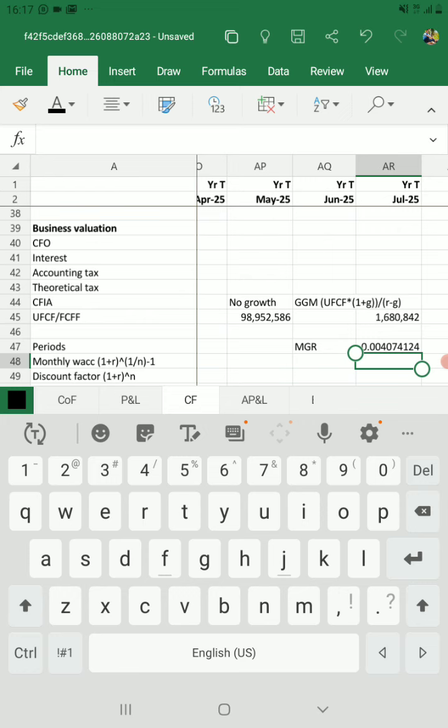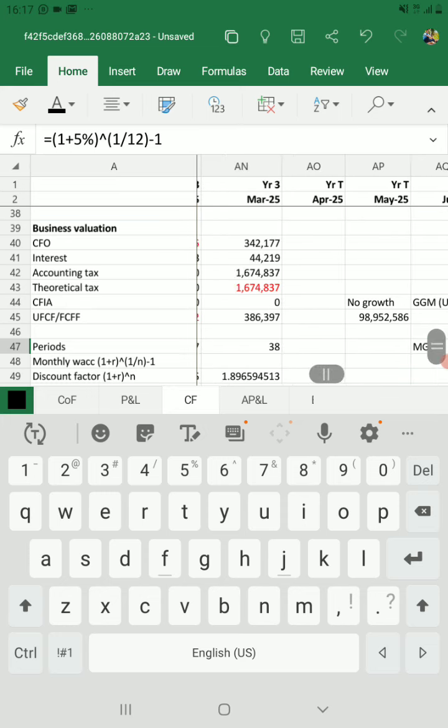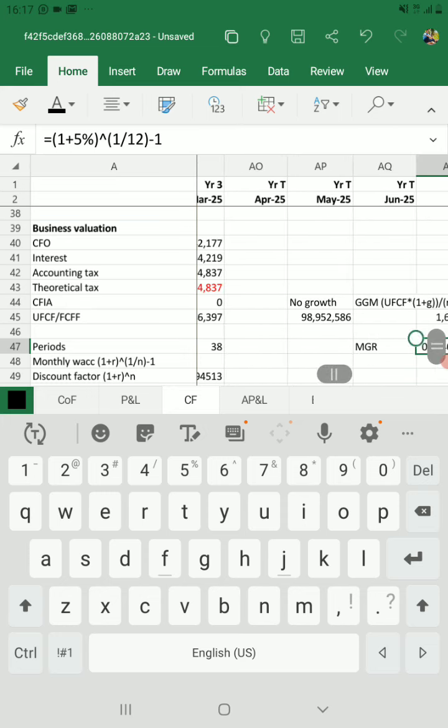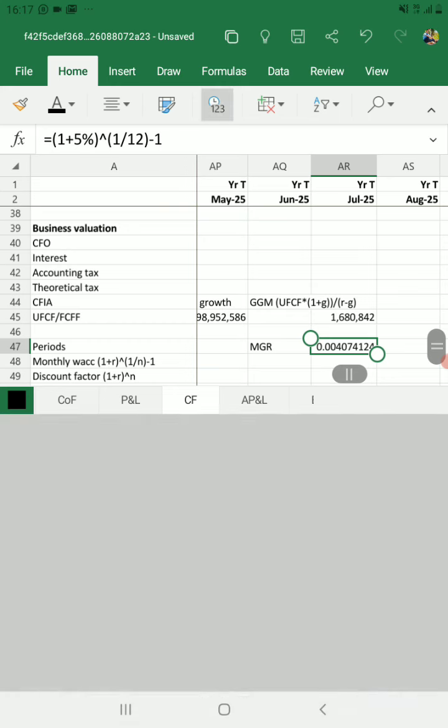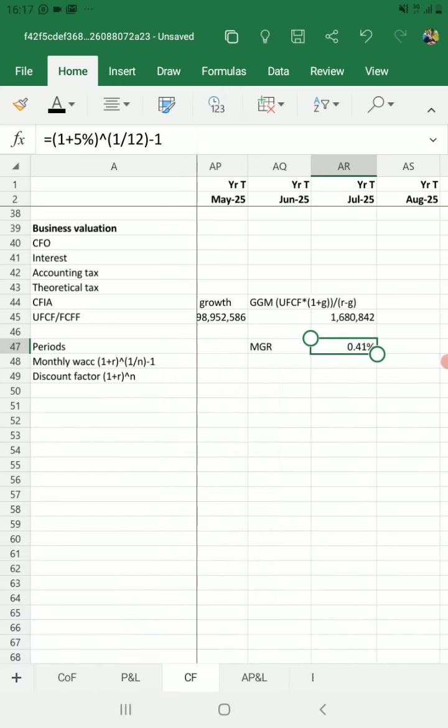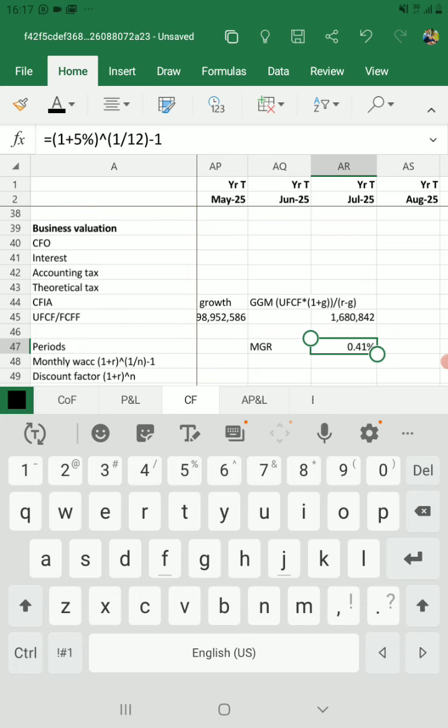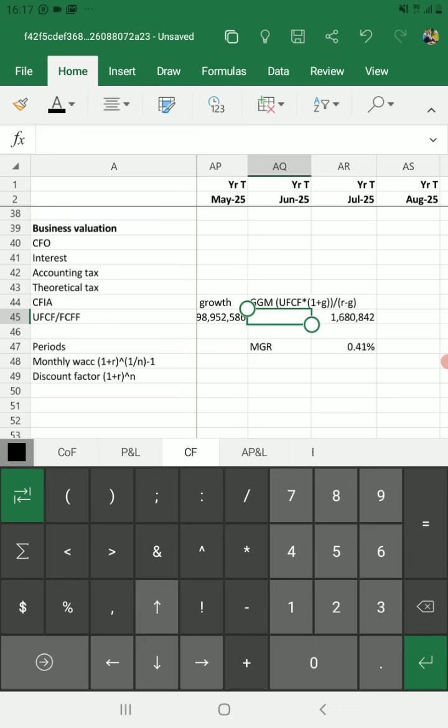Press enter. Okay, so this is our effective monthly growth rate. Let me put it in percentage terms. Okay, so basing on this, now we take,